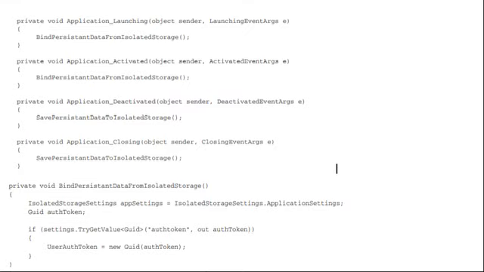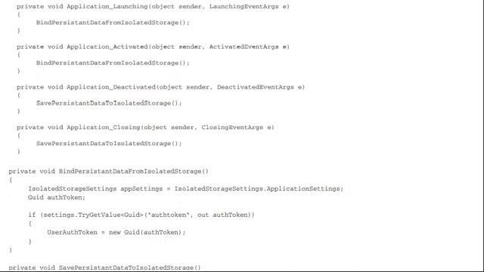Once that is done, the next part will be launching, activating, deactivating and closing. The next step is we need to add the calls in our events to the respective load and save. So we have ApplicationLaunching, ApplicationActivated, ApplicationDeactivated and ApplicationClosing, and we need to write the functions for all of these.